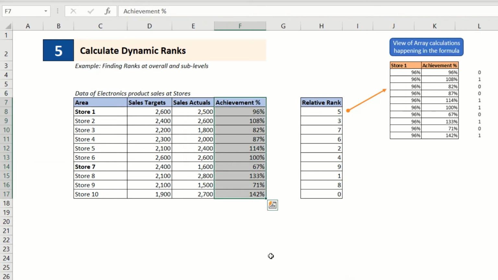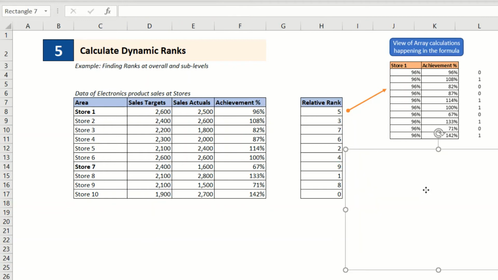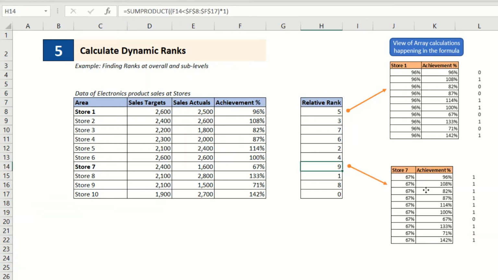We can take another example to understand this further. Let's pick up the number for store 7, which is being assigned the rank 9. Again, I'm using a visual to showcase how the computation is happening for this particular store. Here again, the percentage achievement for store 7, that is 67%, is compared with these 10 values.